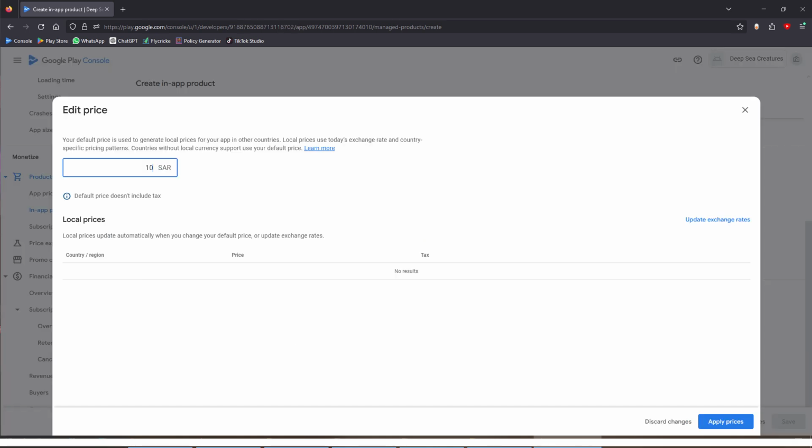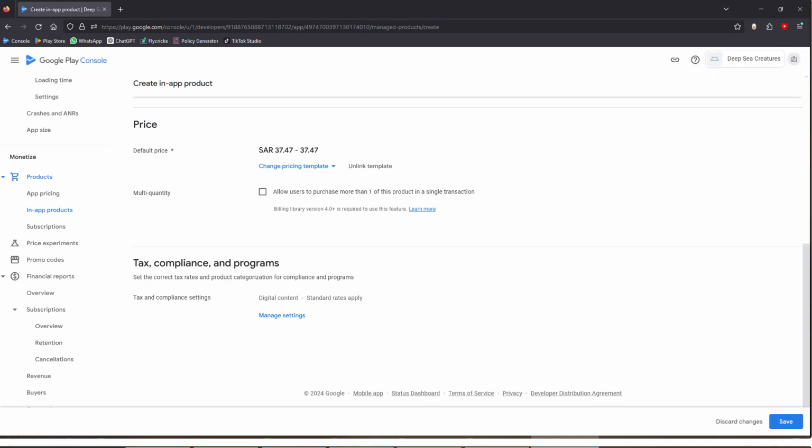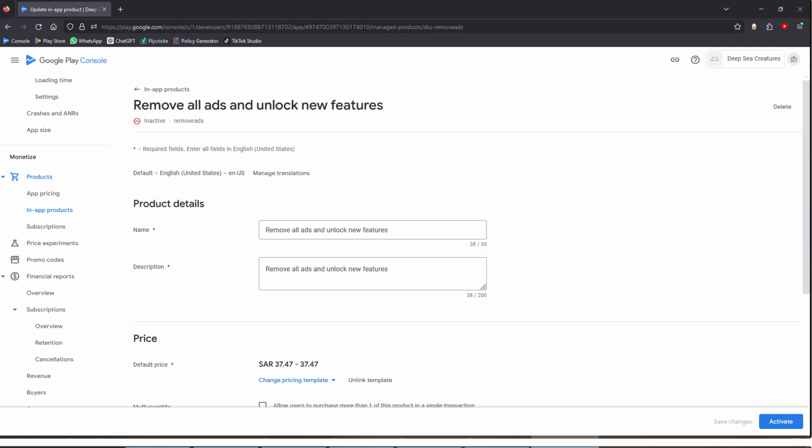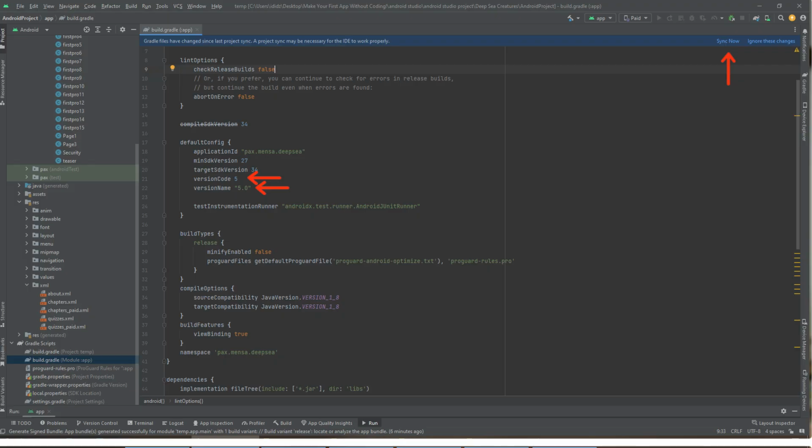Just put whatever number you want and then apply prices. And once you finish, click on Save. And then click on Activate. Now go back to Android Studio, and in the left side, choose the Build Grade Module App tab, and you're